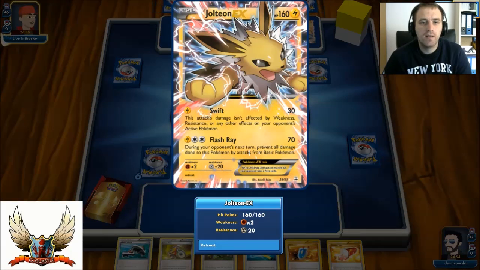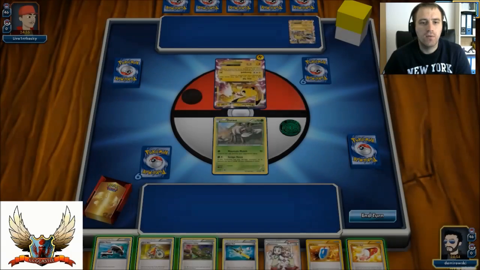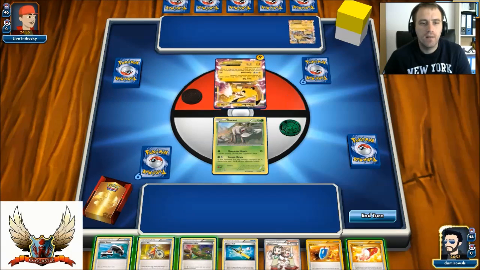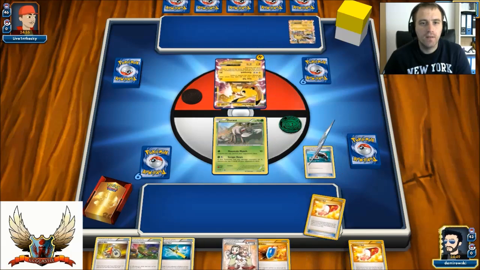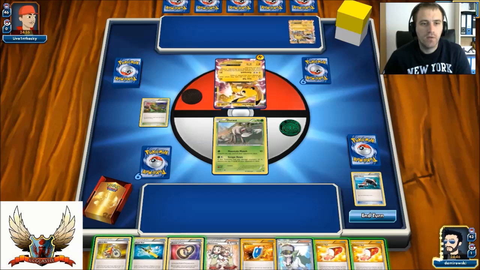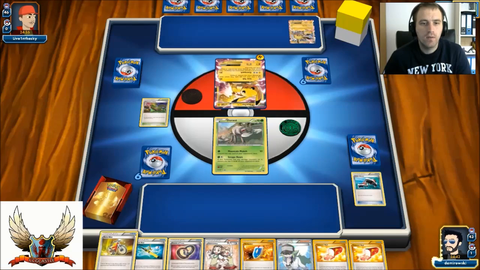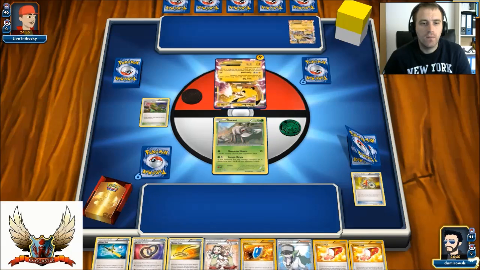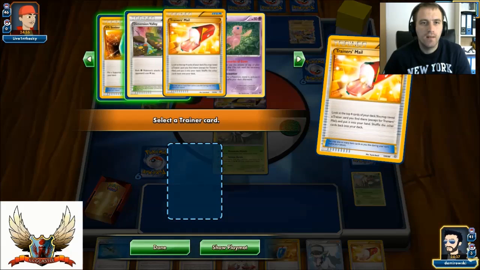So if Jolteon EX uses 1 time his Flash Ray, he can prevent all damage done to it, but he cannot prevent effect of the attack. Okay, so let's put down 1 Dimension Valley, let's go with 1 Acro Bike, so there's Escape Rope. And right now I'm looking for a Mew, but I guess I can't find it without,